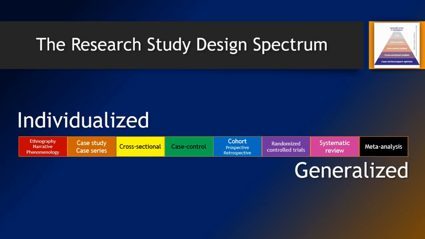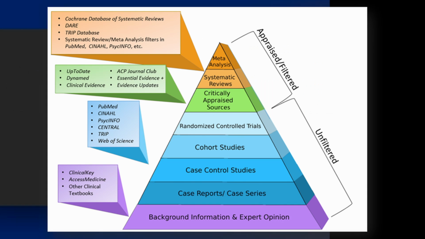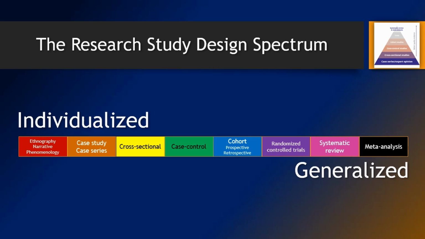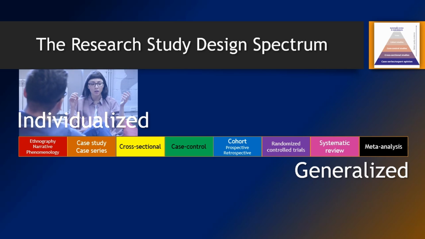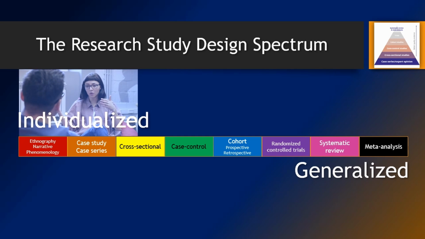Let's take a look at the spectrum of different study designs based on the more common ones from literature. This research design spectrum shows the different and most common types of study designs arranged in a linear way, similar to how they are stacked on the more famous hierarchy of quality of evidence pyramid. On the left side are the more individualized study designs, which you use if you want to go and explore details of one person, one experience, or a particular event, with the objective of understanding that specific person, experience, or